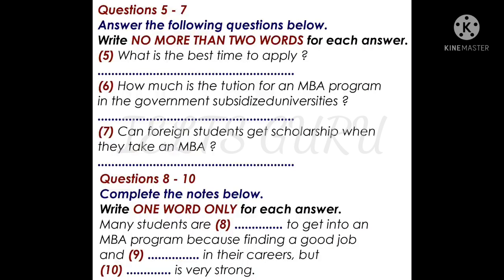In terms of scholarships, usually the top 5 students entering the MBA programme are given a generous scholarship. All other students have to pay the full fees. International students have to pay the full tuition. That's $10,000 per year. Oh, is it very difficult to get into an MBA programme? Yes, in fact, the competition is very strong. MBA graduates have a pretty easy time finding a job, so many students are eager to do the programme thinking it will guarantee them success in their careers.